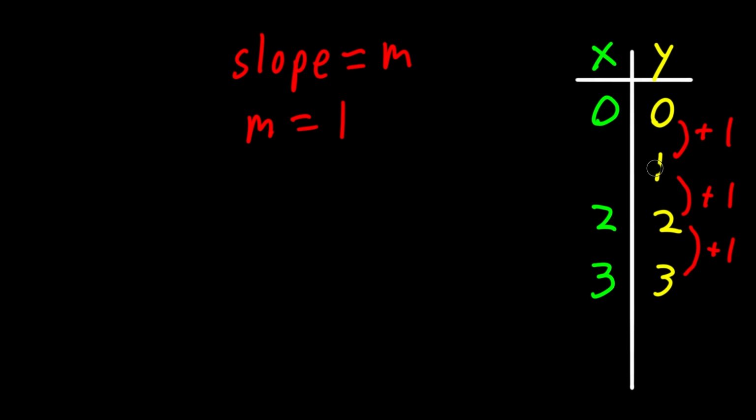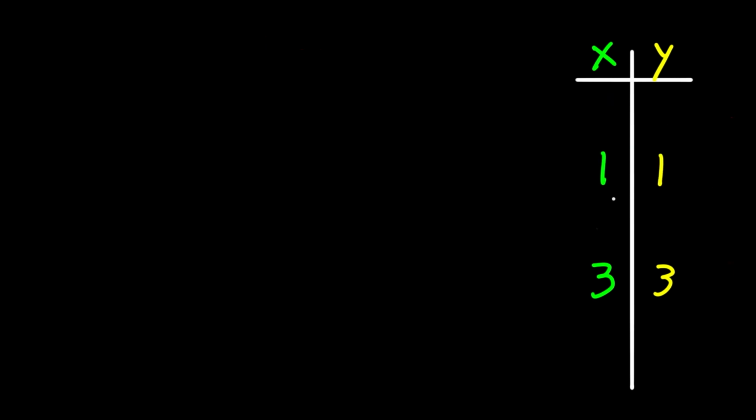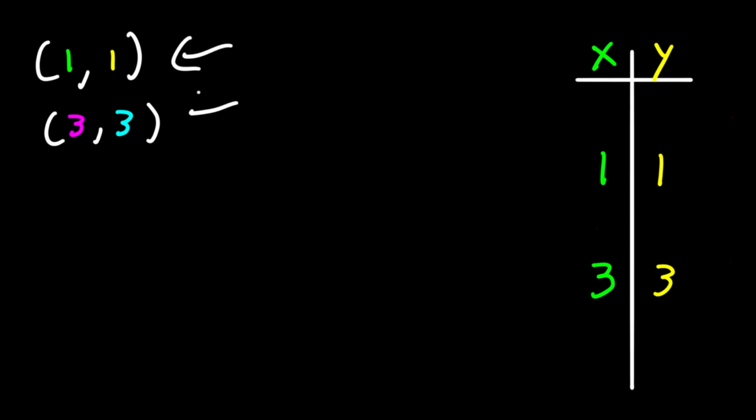And let's pretend that we're only given 2 points. So let's pretend the only points that we have are (1, 1) and (3, 3). How can we find the slope using only these 2 points while also not knowing what the equation is? Well, it turns out there's a formula for the slope, which is m